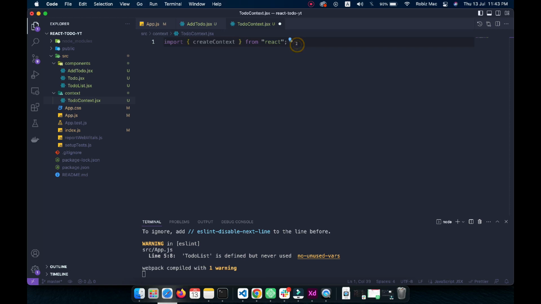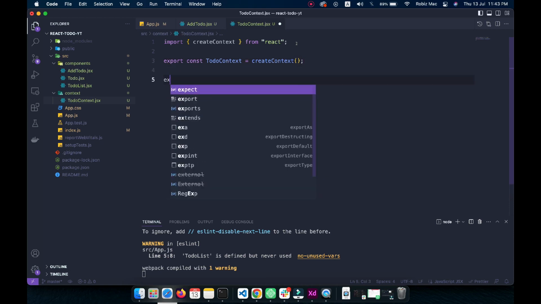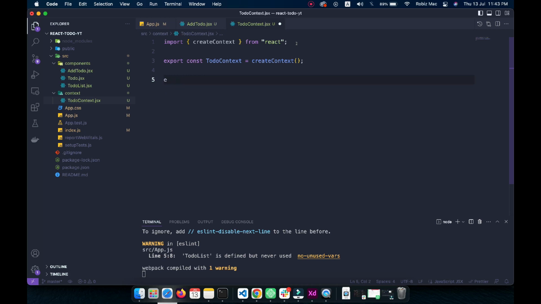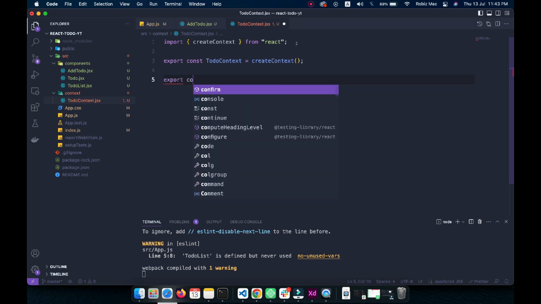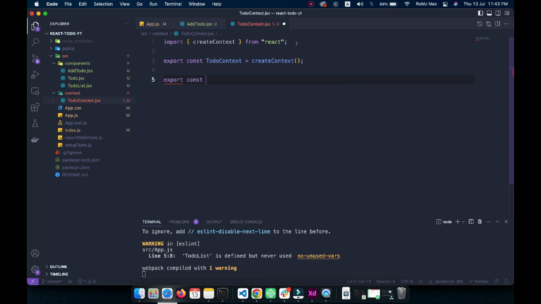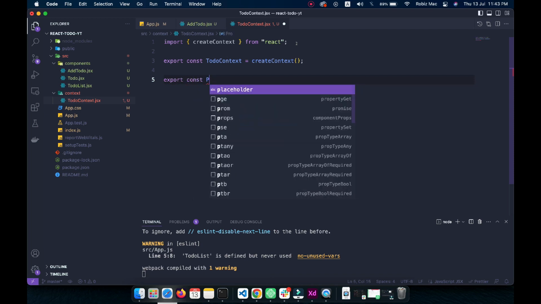Now we need to export const, and let's name it ToDoContext, and we need to call createContext. So this is how we create the context of React.js. Also we need some sort of provider for that, so we need to export const ToDoProvider,